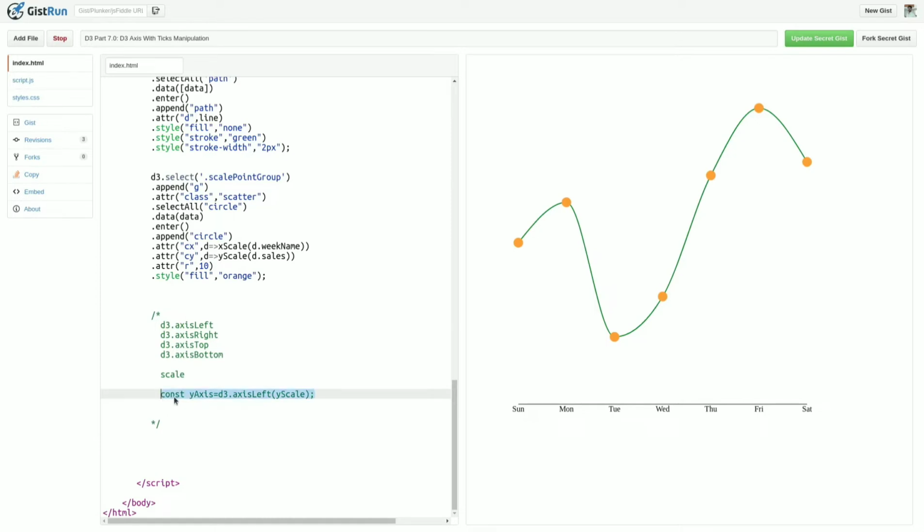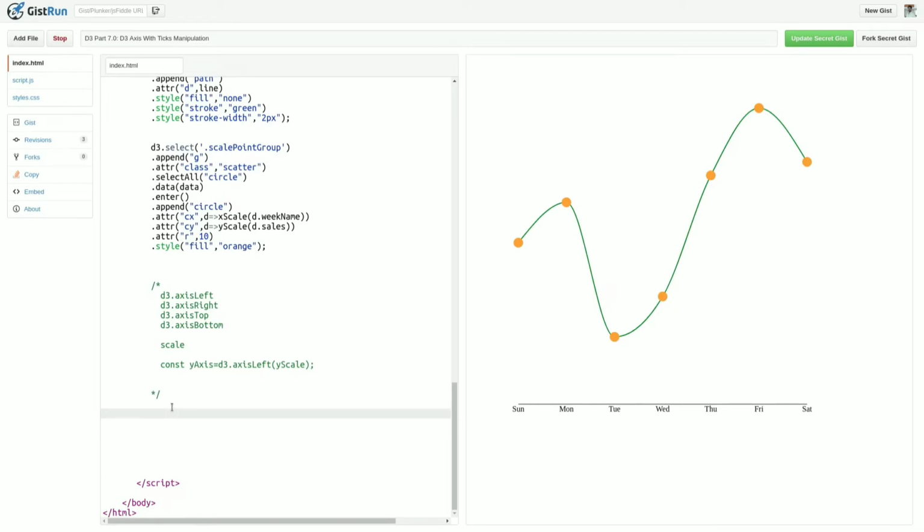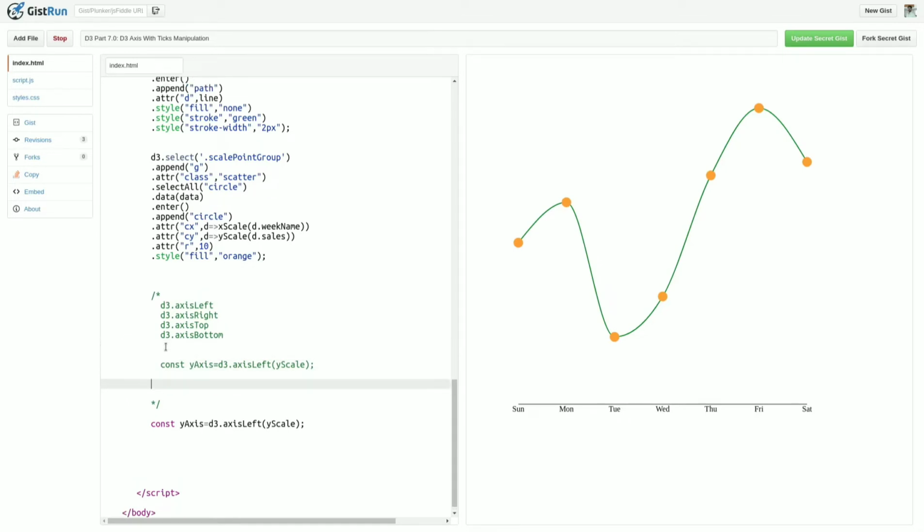Now I copy this code and put it here. It means I have created the y-axis using d3.axisLeft with yScale. Now what is the next step to create the axis? The next step is to append a group element and call this yAxis.